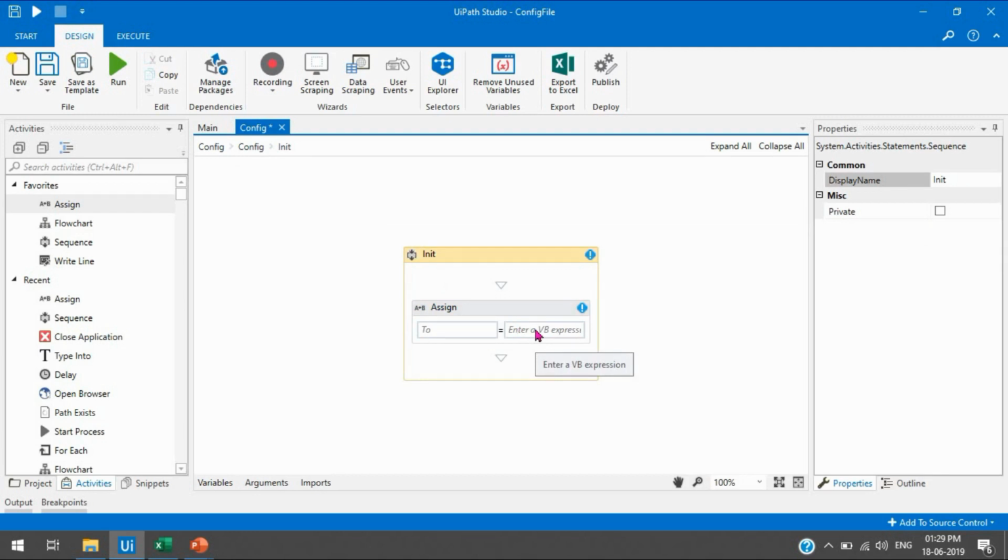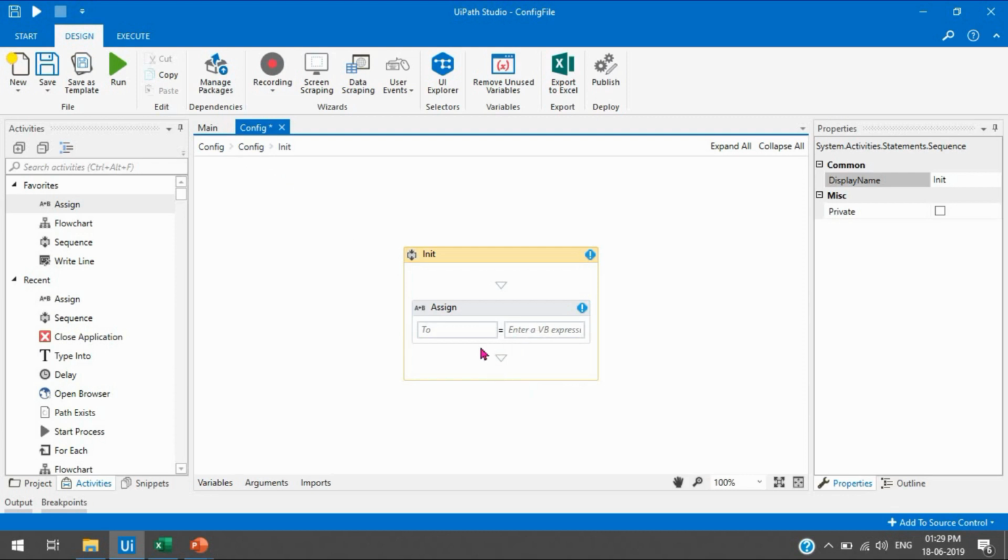The business or user doesn't change the config file. If they are using the project, they keep that config file on a shared location or a fixed location, so that it does not need to be changed every time, right?